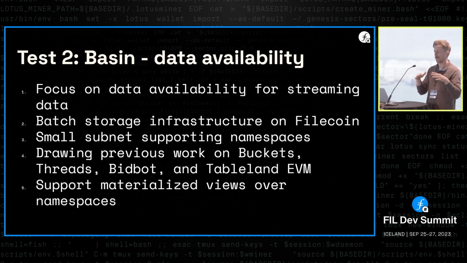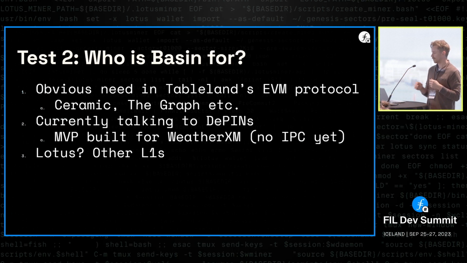They have this idea of how do you connect to the stream of updates in an efficient way, and they have different reasons for having that API, and it can be for backup and it can be for replication. But so can we create an endpoint that just allows any production database to start doing that? And if you can do that, you don't have to think just in databases. And so we started talking to different potential customers and started building a basic MVP for a project called WeatherXM.